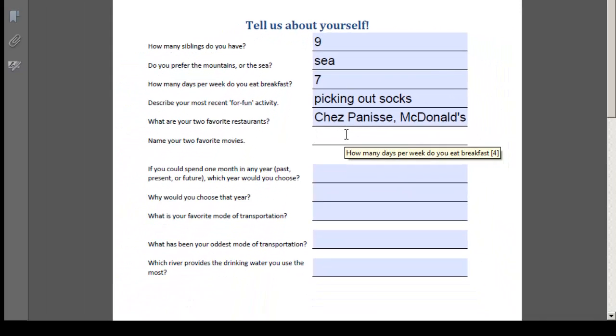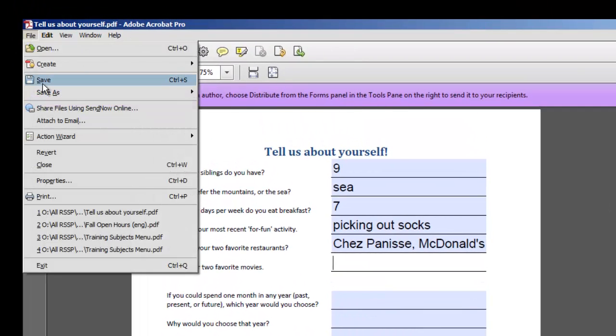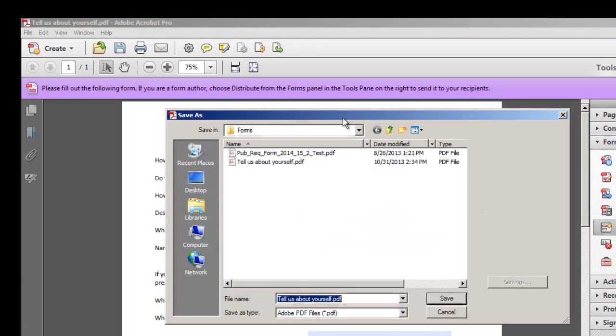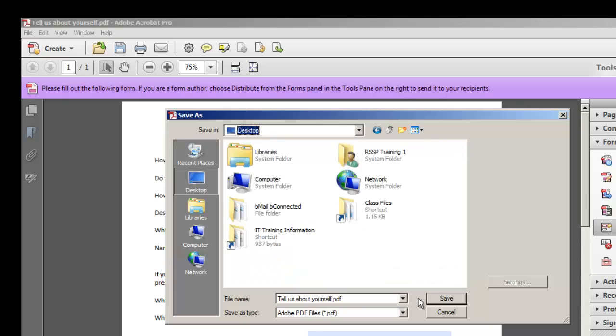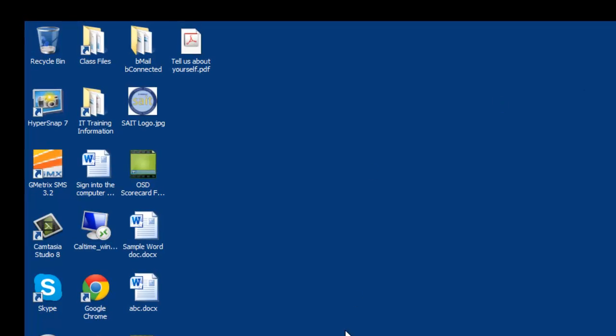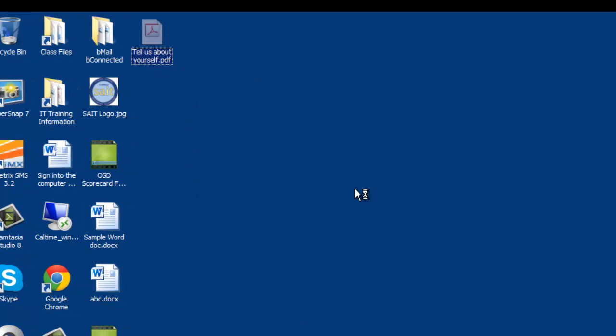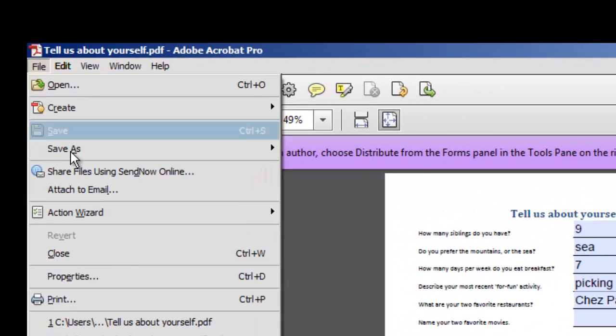These are editable. Until or unless I save this form with particular attributes, I won't be able to save it. Let me see. I'm about to prove myself wrong. I'm going to throw this onto the desktop and see what happens if I close it and reopen it. Did it keep my data? It did. Okay, I was about to go into a long spiel about how you had to go to Save As